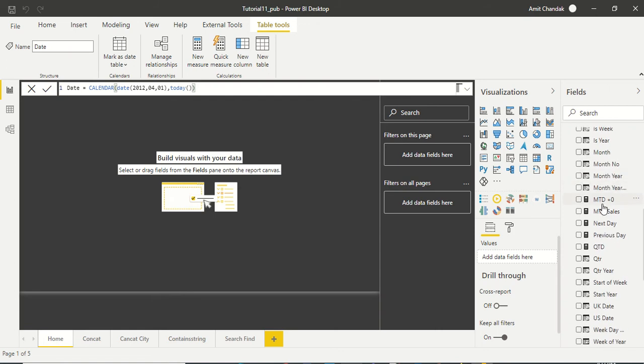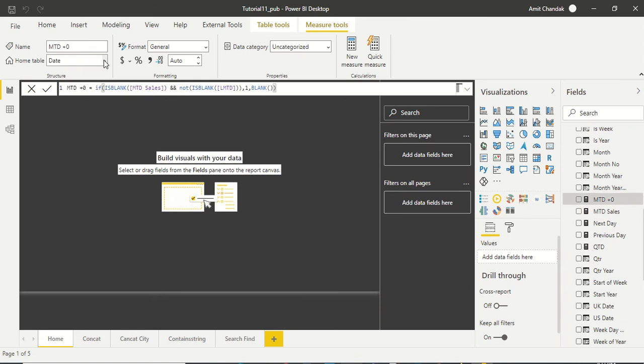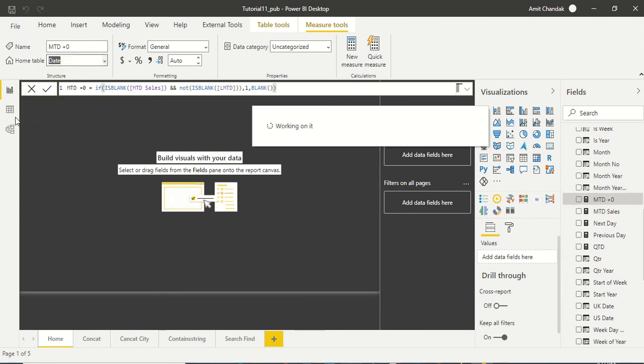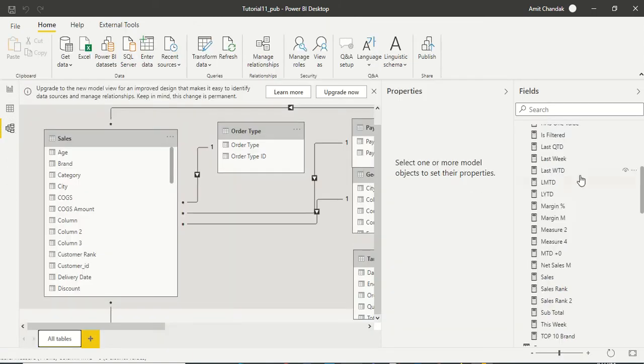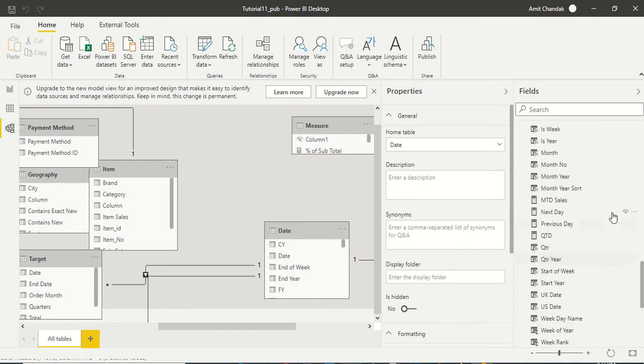If you see these measures which are there, they are not in the measure table. So what I can do is click on a measure and move it to the correct table. But this will take a lot of time for me to move them. So what we can do here is go here and find our measures, like I have found these.